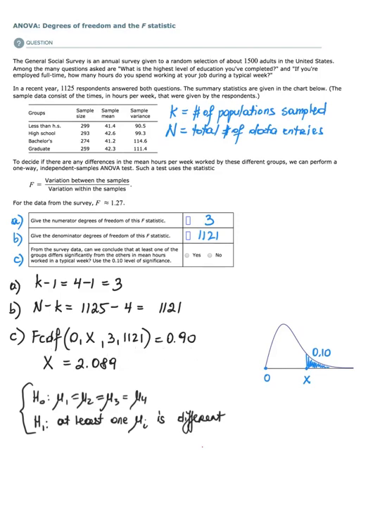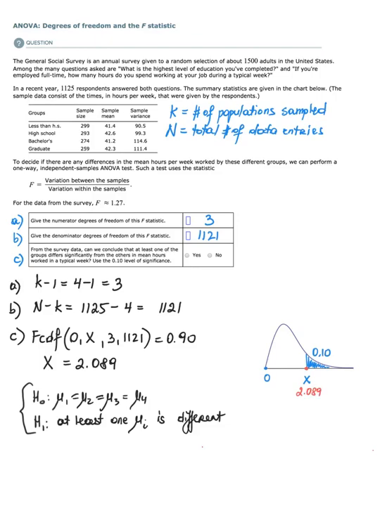I say that function f(CDF) with interval defined by lower bound of 0 and upper bound of x, so between 0 and x, this interval should contain 90% of data, here it is, with the given degrees of freedom, which we just found to be 3 and 1121. When I enter this into Numeric Solver and go through the process properly, the answer comes out to be 2.089 when rounded to 3 decimal places. It means that this location here, right there, is